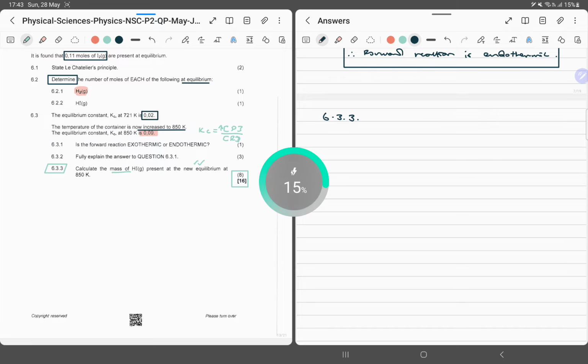But let's end this question before we lose too much time. Okay, let's do it. Now we have to work a bit. Now the issue is we take our equation. So we've got our 2HI,